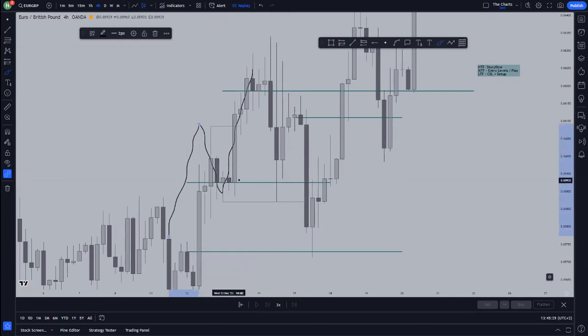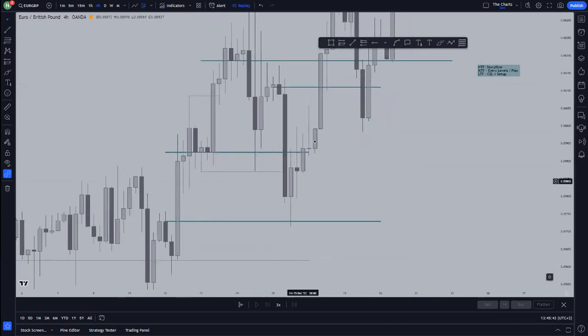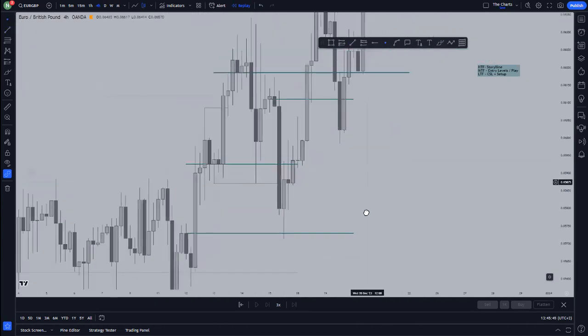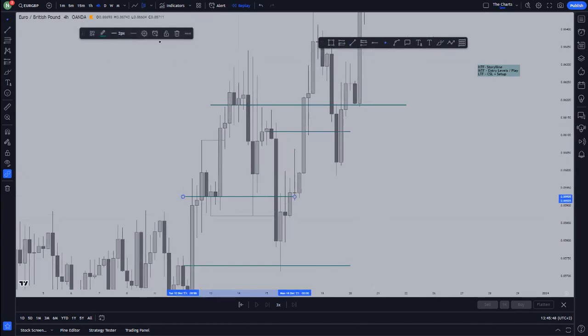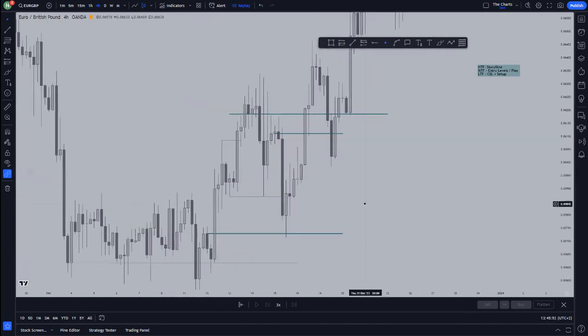What do we have right here? We do have an MSU type 1 right here. So as we have MSU type 1, there's a high probability that the market would want to sweep this low, then start buying. Which means you're going to filter out this level right here. Going to filter out that level.